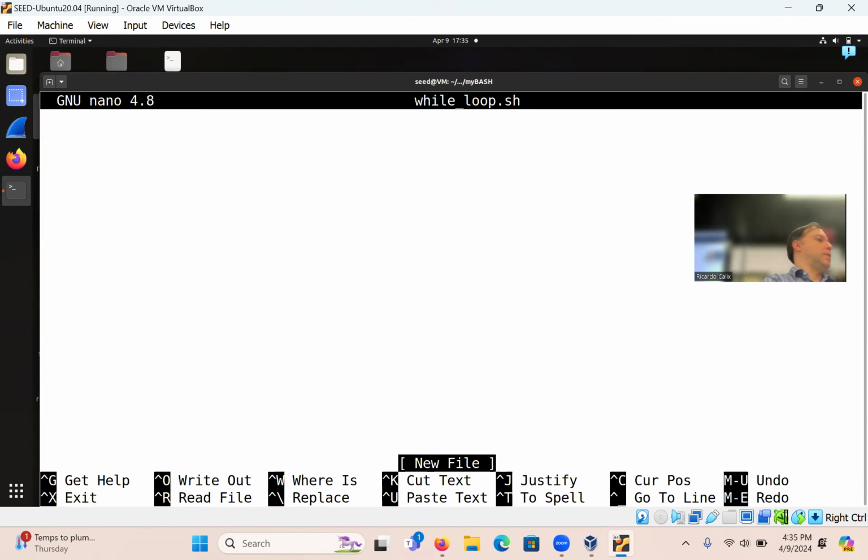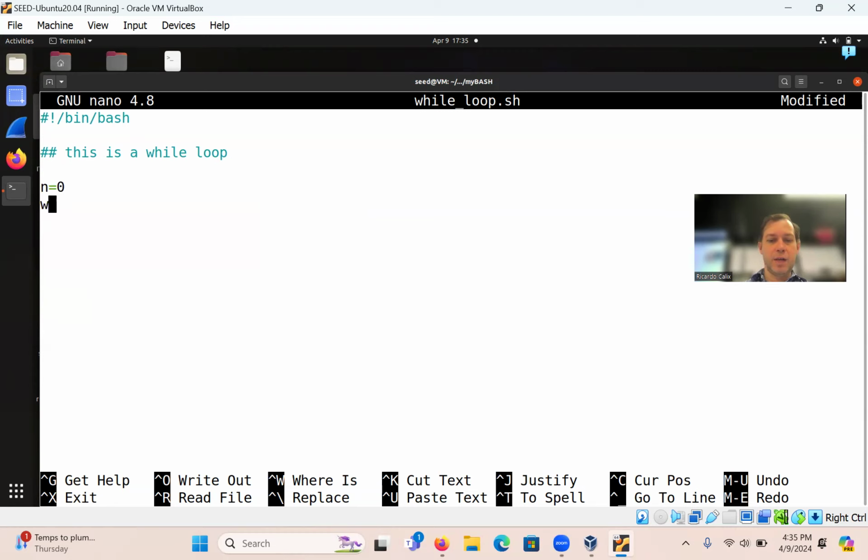All right, so syntax is a little different. So again, shebang, we can do #!/bin/bash. This is a while loop. So remember, this is a comment. So now we're going to create a variable n equals 0, for instance.